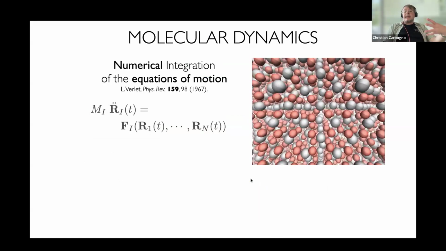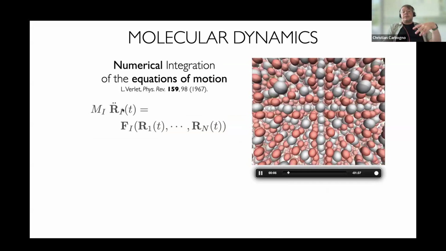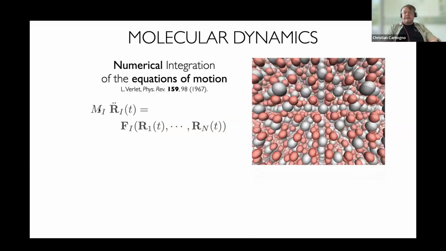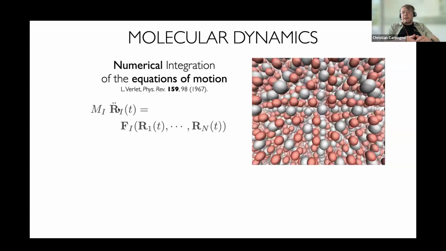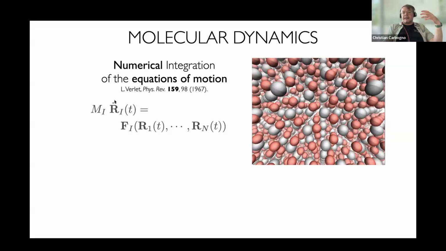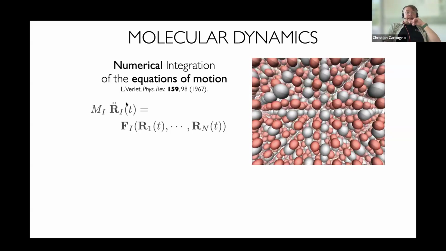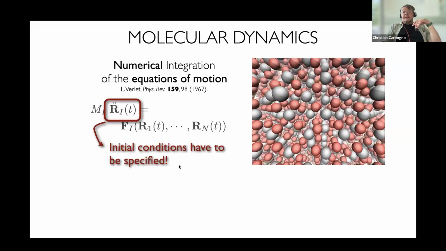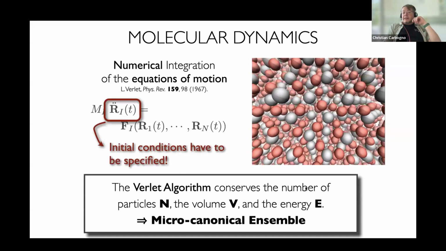So this is exactly how I've actually produced such a movie like that. At each time step, you perform an electronic structure calculation, you get your forces, and then you can integrate up this equation, and you get the new positions at the new time step. And you have to do that one after the other. Usually you take a time step between 1 femtosecond and maybe 4 or 5 femtoseconds, and then you can easily integrate that up. Sure, you have to specify the initial conditions, and then you can integrate that up.